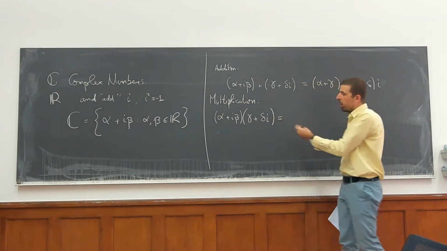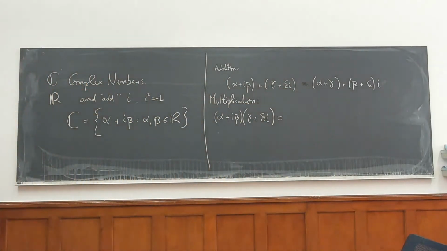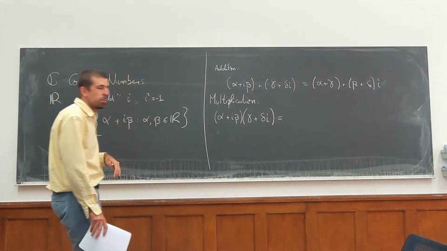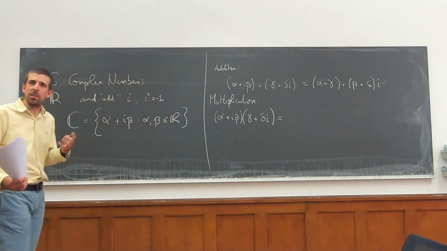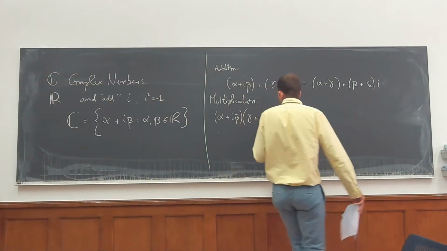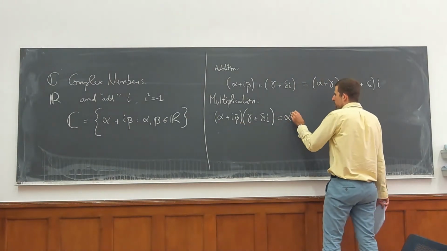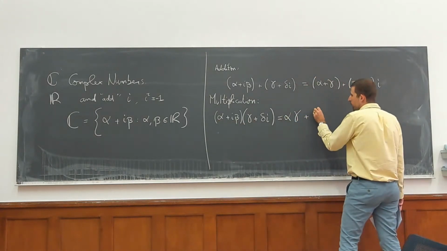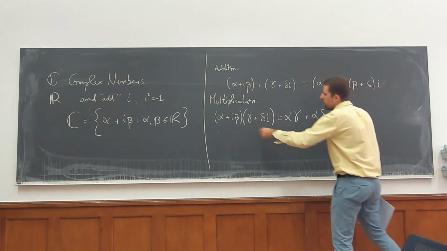So what is the product of two complex numbers? We can just use the normal rules that we would like to be satisfied for numbers: things should be associative, they should satisfy distributivity, and in particular they should be commutative. Not always are things commutative, as you know from linear algebra, but it will be the case here. So we can just use distributivity and take this as alpha gamma plus alpha delta i, plus